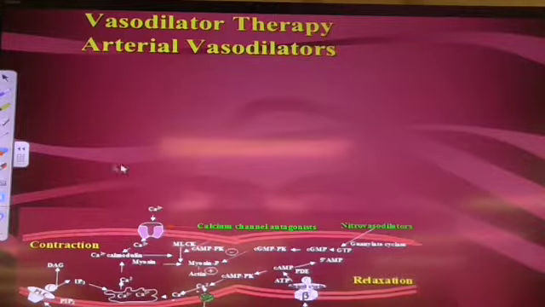So this is a diagram of the smooth muscle of the vasculature. And notice if you look here, we've got beta receptors that cause relaxation because they cause cyclic AMP to cause calcium to be taken up into the sarcoplasmic reticulum. Over here, we've got cyclic GMP that also causes relaxation because it inhibits myosin-actin interactions here.